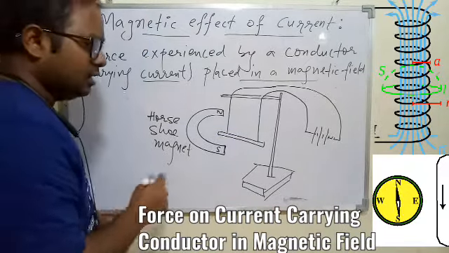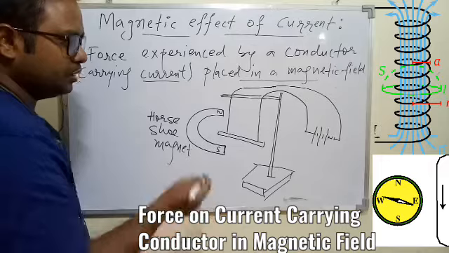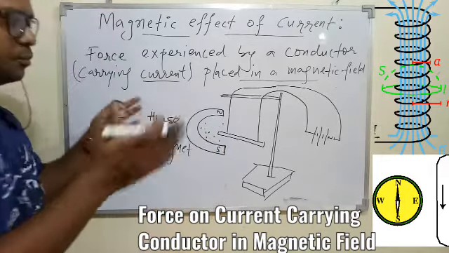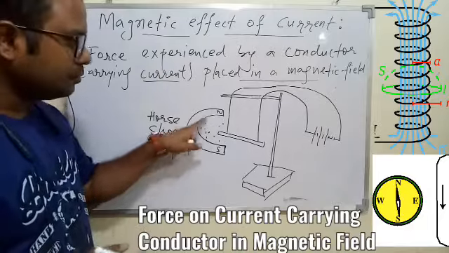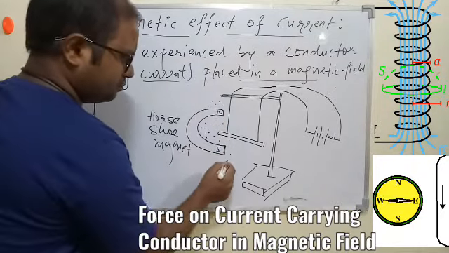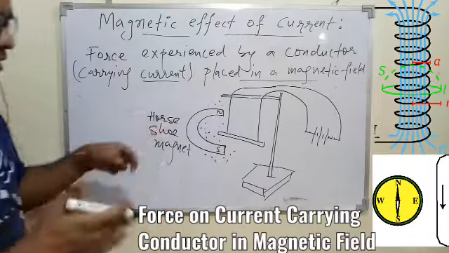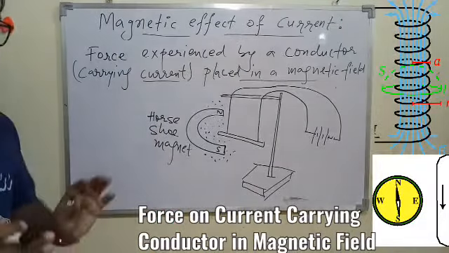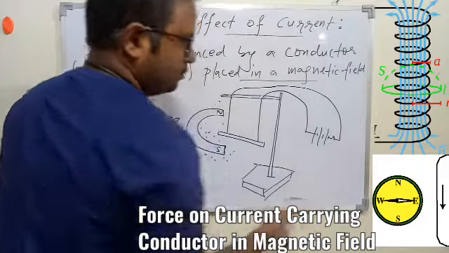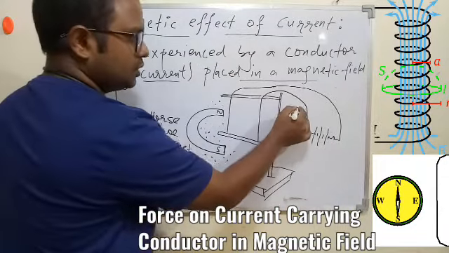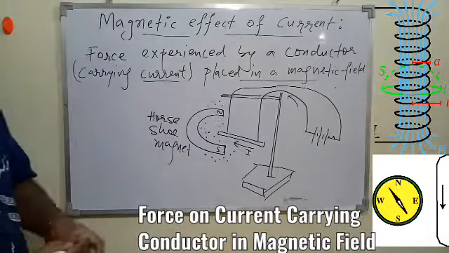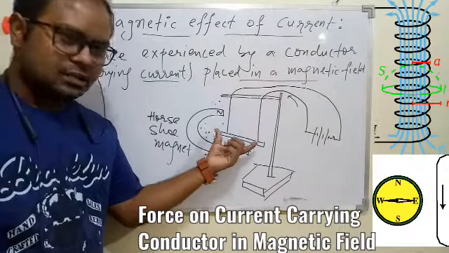Now say this horseshoe magnet will have the magnetic field. If I show these dotted points, they are the space where we have the magnetic field of this horseshoe magnet. Even this side we have. Nearby this horseshoe magnet there will be some magnetic field produced by this horseshoe magnet itself. And now once this switch is on, what will happen? The current will flow through this wire, and then current will flow through this conductor. And once the current flows through this conductor, what will happen?